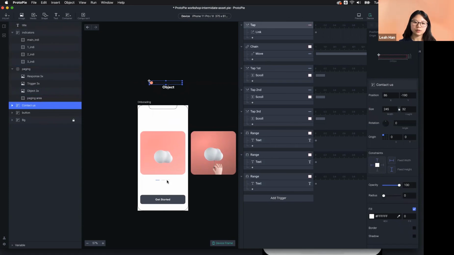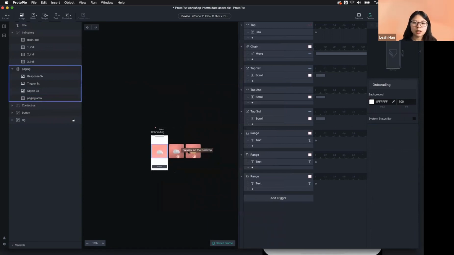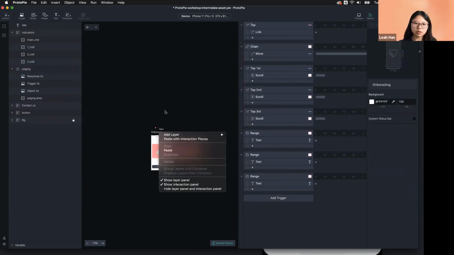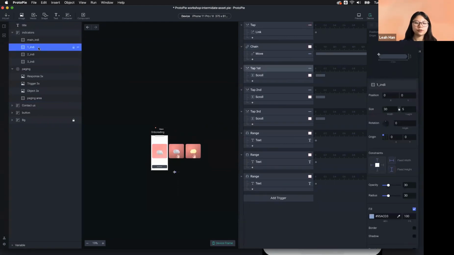Just leave a very simple interaction. Let's say only this part. Now what you need to do is, after I scroll to the third one, you want to show the first one. So what I need to do is first add the first image